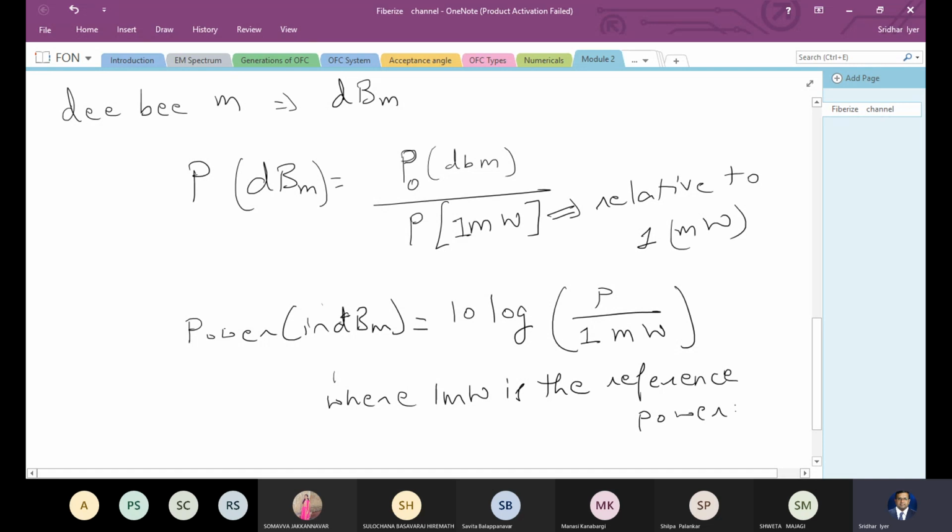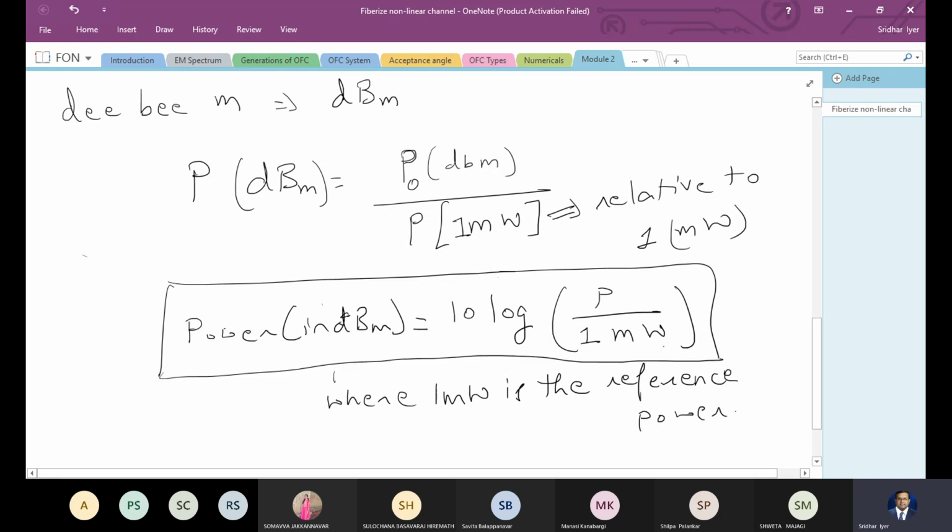So in tomorrow's lecture, we'll take some values and put them inside this equation, and you will see what exactly it means. Right? So it gives us a very nice table where we can see what happens if negative values are given or positive values are given. Okay. So we'll look at those factors in tomorrow's lecture. Okay. So this dBm will be discussed tomorrow, followed by the factor of attenuation, followed by numericals on attenuation.